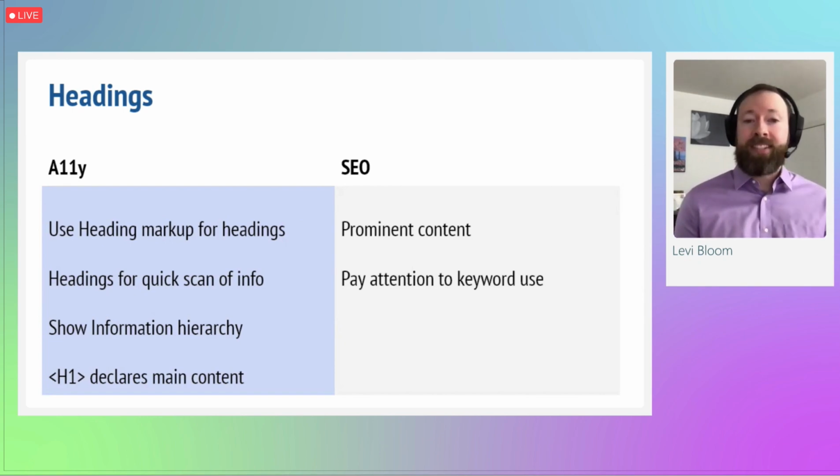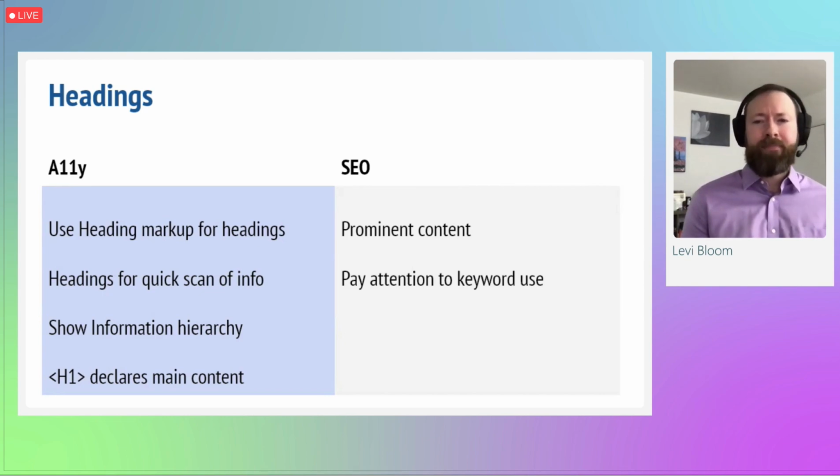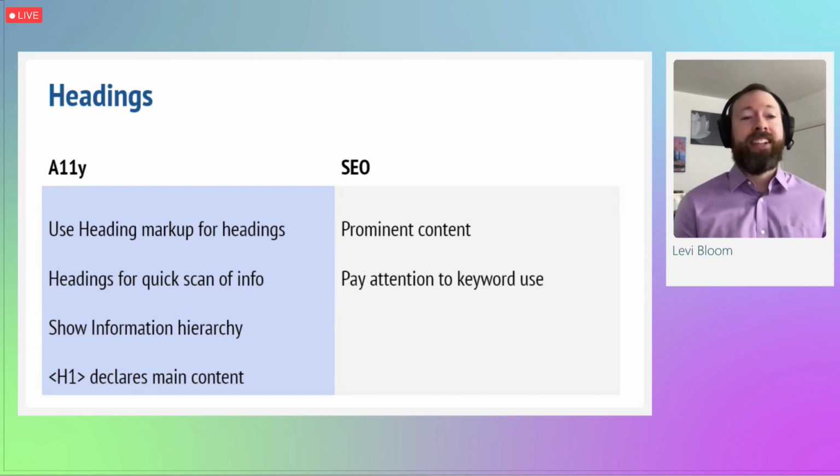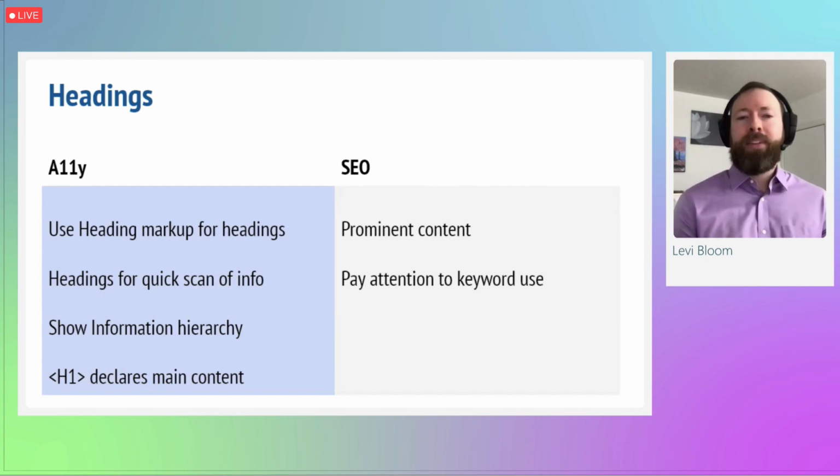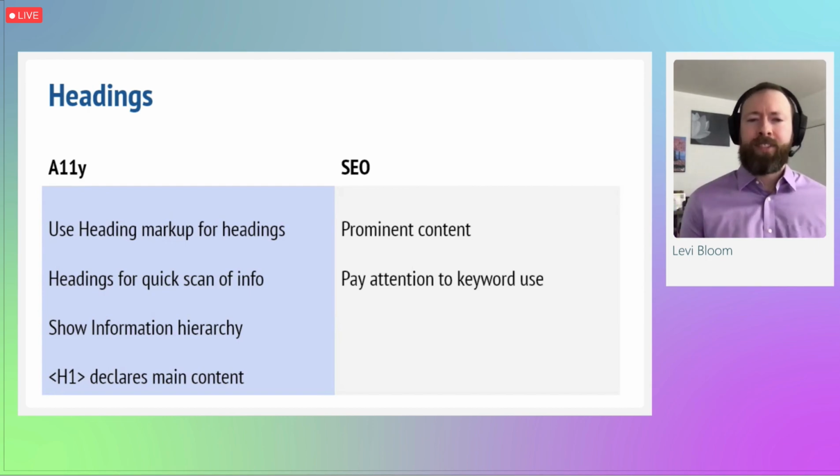Now, probably the biggest case for using headings is they make a page more user-friendly. They make the page scannable, easier to digest, and being scannable is good for all users, because almost everyone wants a page they can scan through quickly, because time is valuable. Who isn't in a hurry to get the information they're looking for? You want to make the info easy to find so that people will stick around until they find it.